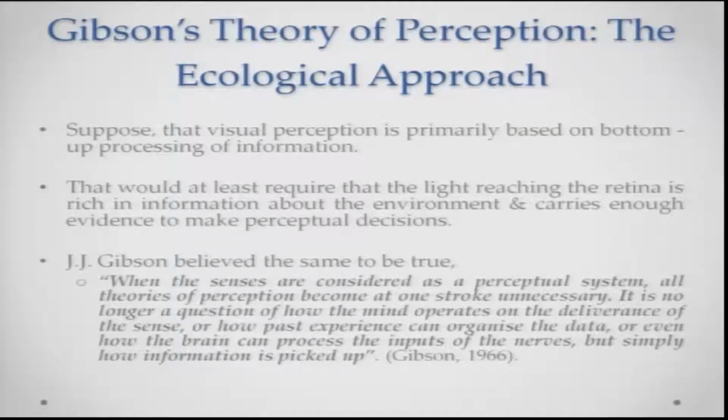We'll talk about one of the very important theories of perception put forward by J.J. Gibson, and this theory is called the ecological approach. We'll talk about why ecological in a short while, but suppose that visual perception is primarily based on bottom-up processing of information. Then whatever mental representations of this world you construct will be built out of whatever sensory experience you're getting. J.J. Gibson